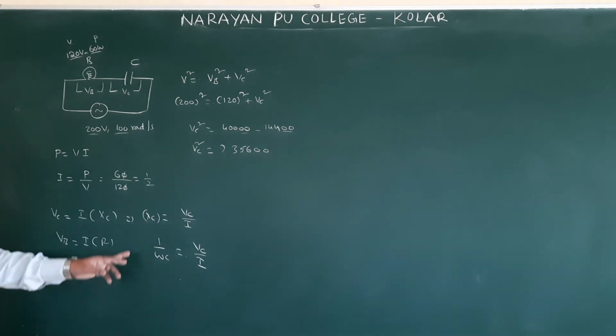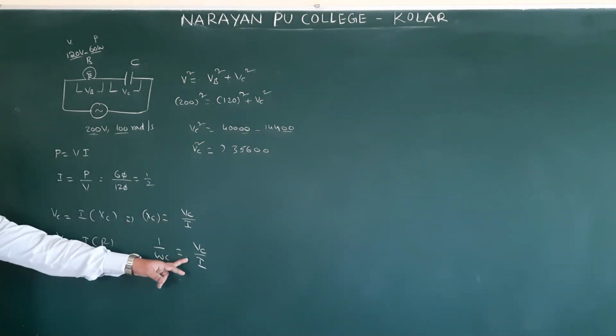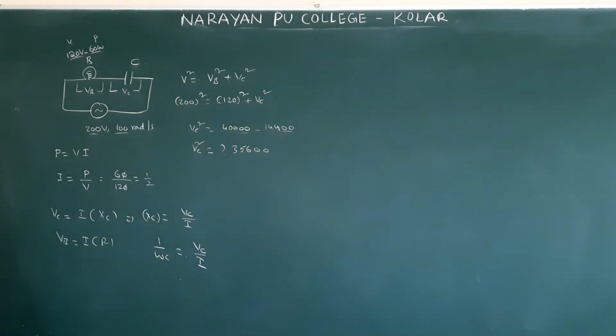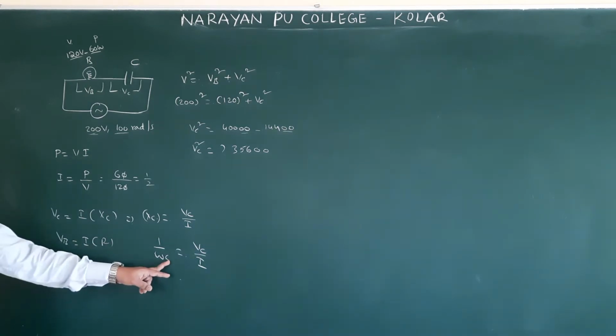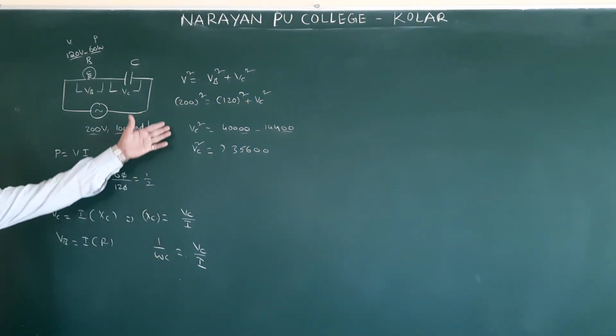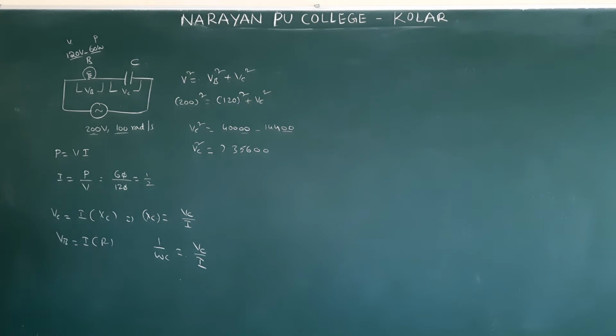Under root you will be getting, so substitute the VC value here. So you will be getting the C value. Understood? Just you have to do the calculation. They gave 1 by 4, 1 by 8 millifarad, in terms of 10 power minus 3 we will be getting. I am not doing that one, you can try. Next, question number 13.